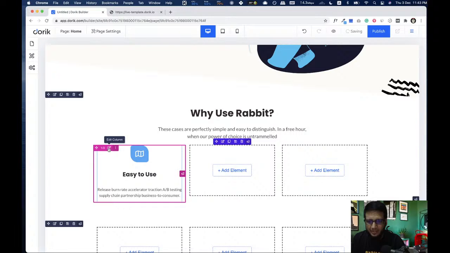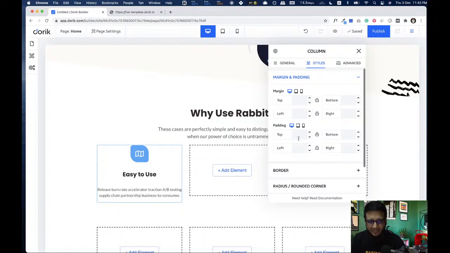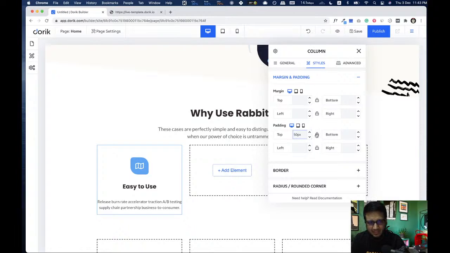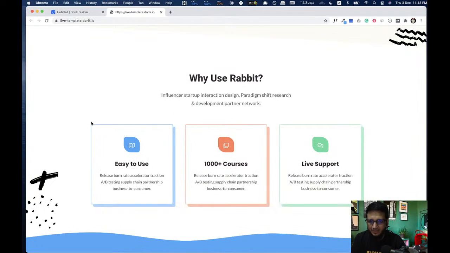So we need to create some space around this because it's now connected to each other. So let's add some padding at top. I'll add 50 pixel, and left 40 pixel and right 40 pixel. That's nice.